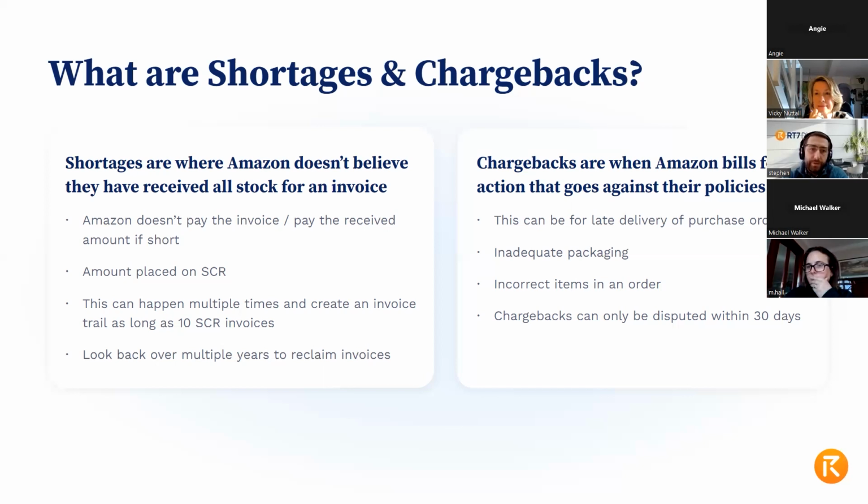So when you make your corrections, document everything and say these are the changes that we've made. And when they then raise that charge again, you have to dispute it, but specifically request to be removed from the prep list. Because otherwise they will continue to bill this going forward, even though you've actually fixed the problem.